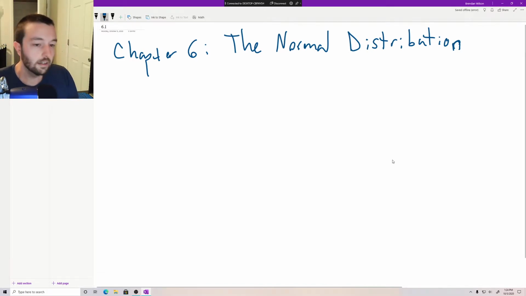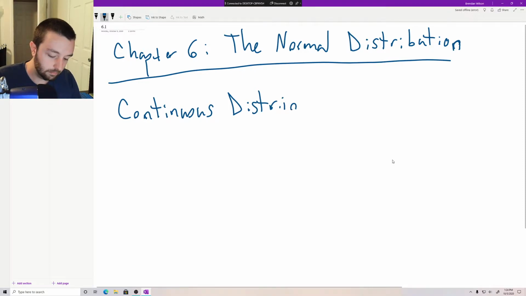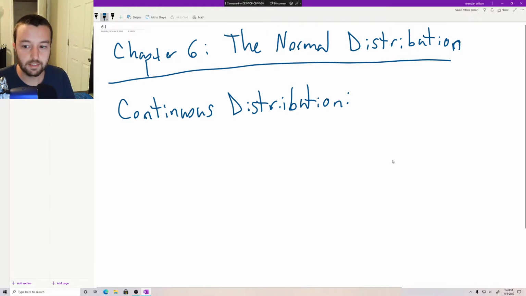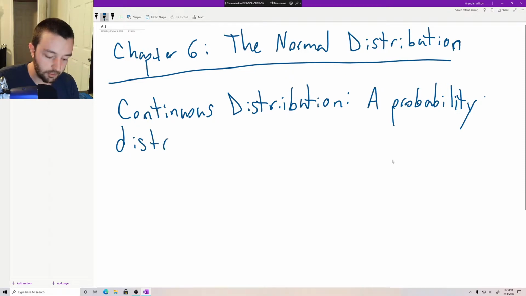Okay. Before we talk about the normal distribution, let's just look briefly at what a continuous distribution is. Remember, a distribution in general is just a function that lists all the possible probabilities you can have. So a continuous distribution is a probability distribution. And this is just in my own words. The book will have its own definition. But just for our purposes, a probability distribution